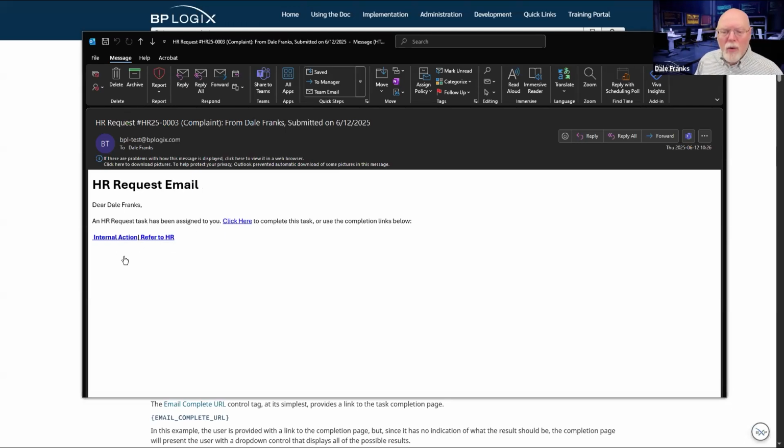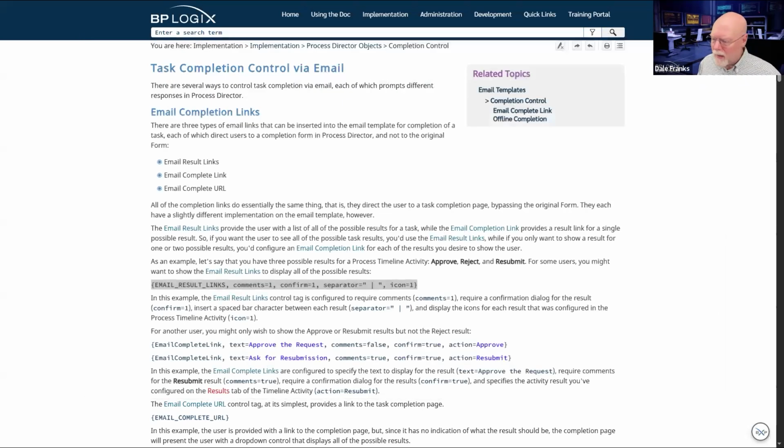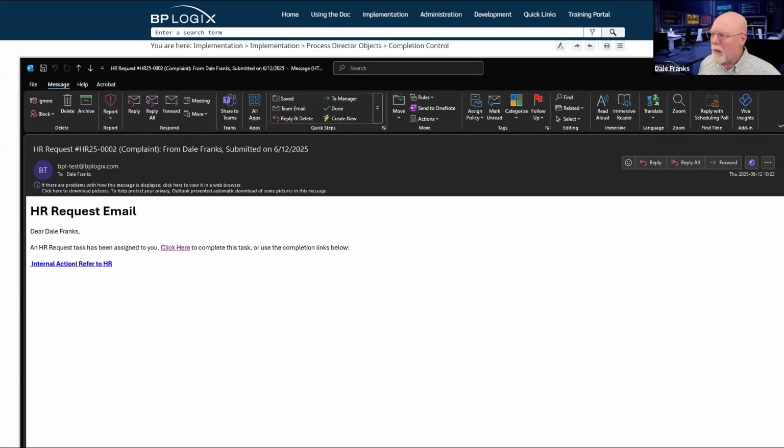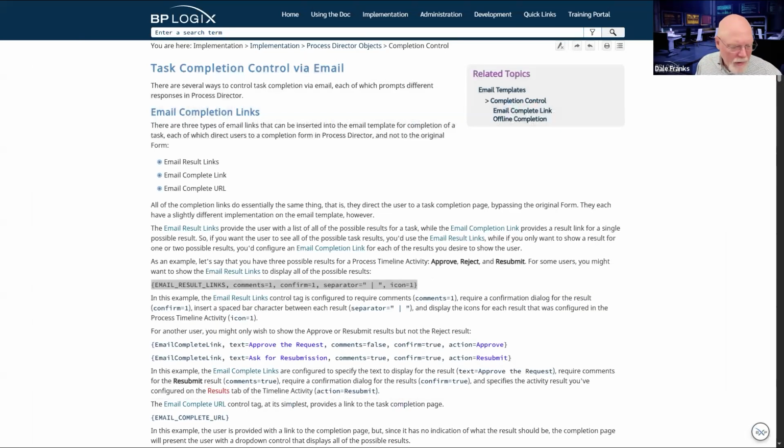Now, what the email result links do is that they just display on the email itself all of the possible results that they can choose to complete their activity. Now, we're going to have to generate a new one because all of these have already occurred and I've already completed all of those to get to the completion. So let's